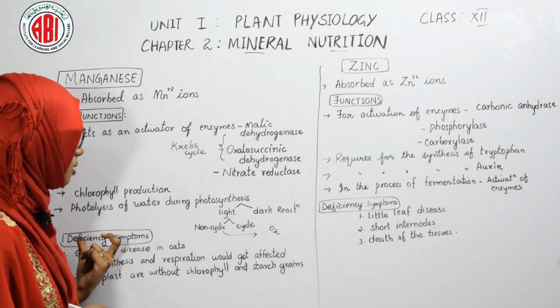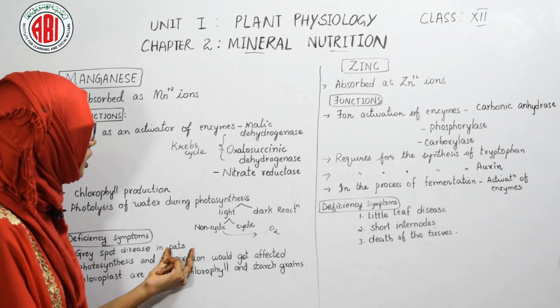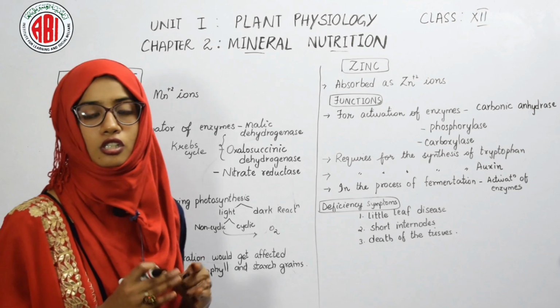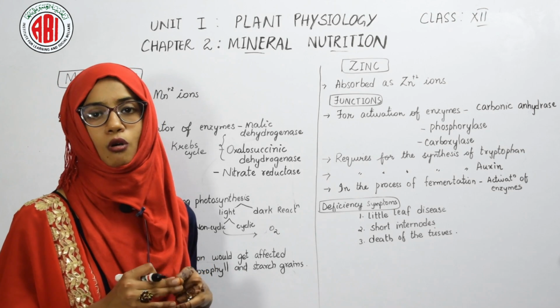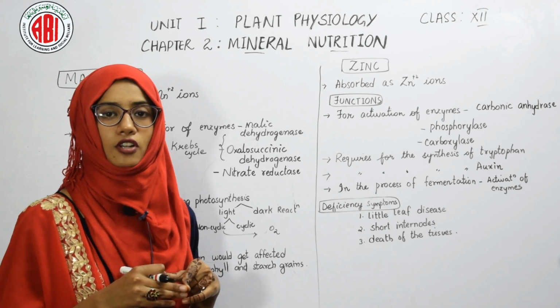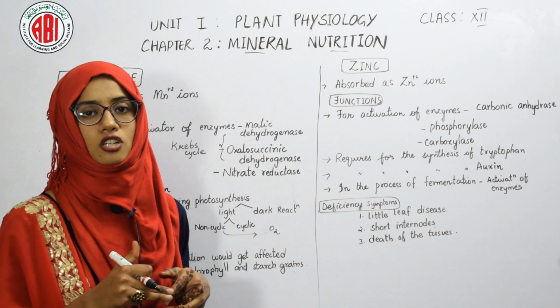So this one is a particular disease which can be observed only in the oat plants, and this grey spot disease is caused due to the less production of chlorophyll in the leaves. Chlorophyll is the pigment which imparts green color to the leaves, but when this chlorophyll production will be less